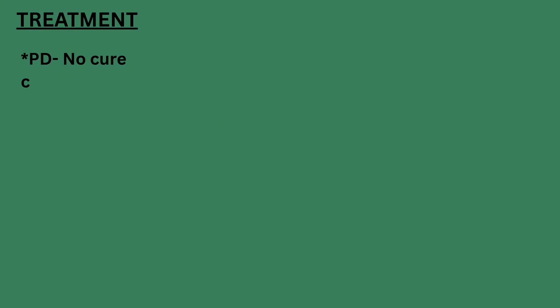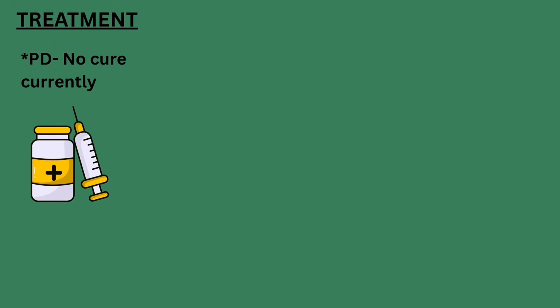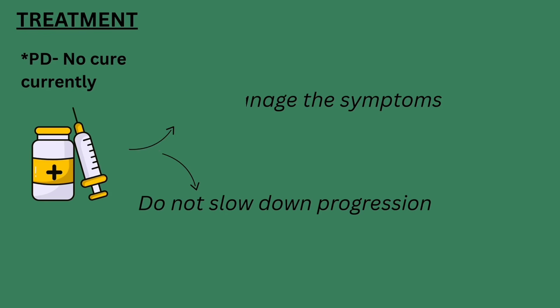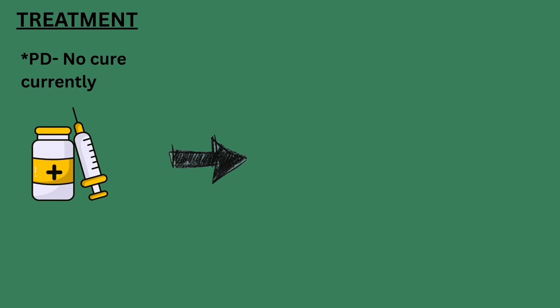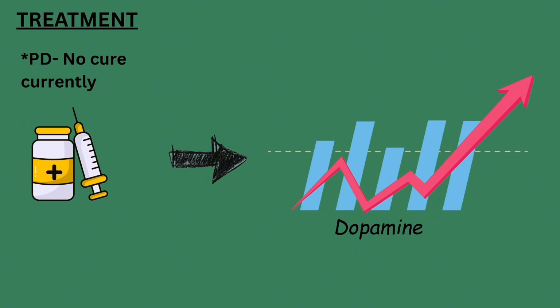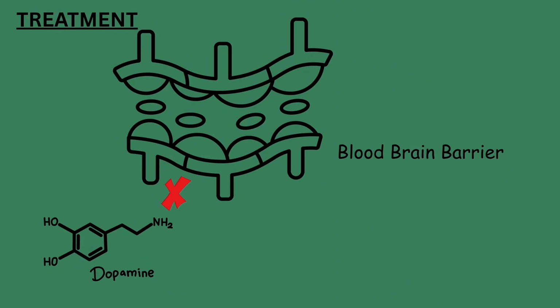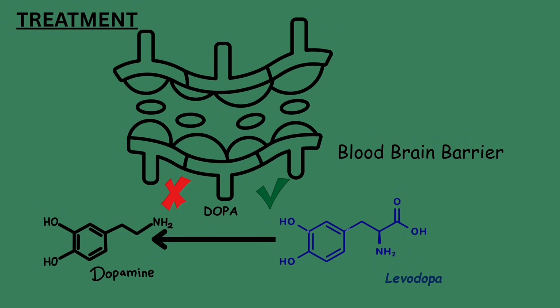Although Parkinson's disease currently has no cure, its symptoms can be managed to improve the quality of life. Medications are used to manage these symptoms, but they do not generally slow the progression. The goal of these medications is to increase the level of dopamine in the central nervous system. However, dopamine itself cannot be given as it does not cross the blood-brain barrier. So levodopa, a precursor to dopamine, is given instead. The issue now is that levodopa is broken down easily to dopamine by the enzyme dopa decarboxylase. Therefore, an inhibitor, like carbidopa, is often given to inhibit this conversion, thereby increasing the amount of levodopa reaching the